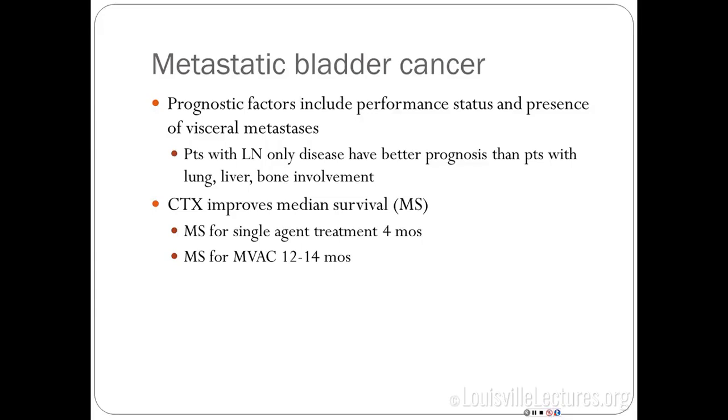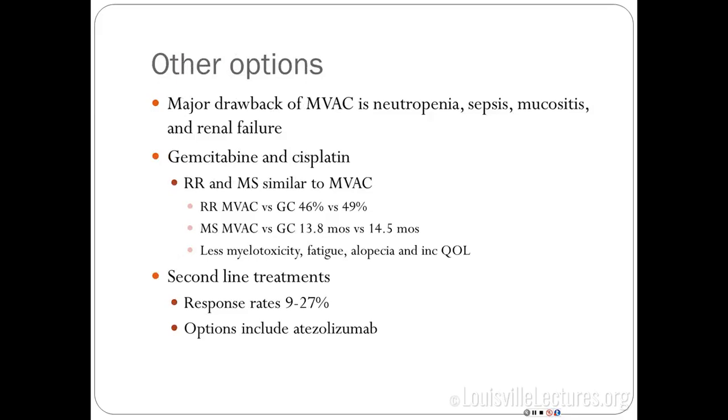So generally have involvement in lymph nodes, lung, bone, liver, and chemotherapy does improve survival in this. The only thing is that there's different administration regimens for this. I won't go into all of it, but most of the chemotherapies that are used in this setting can cause neutropenia, myelosuppression, other